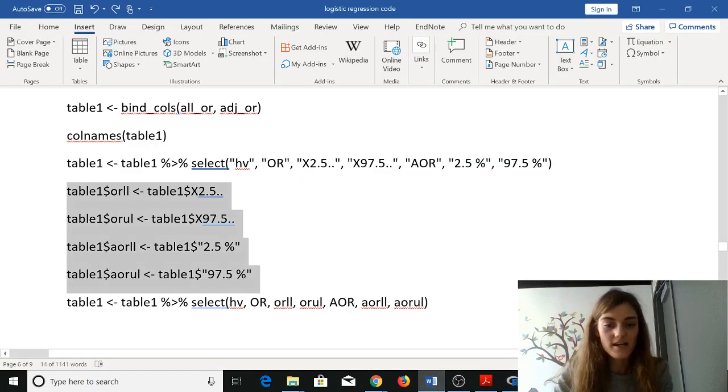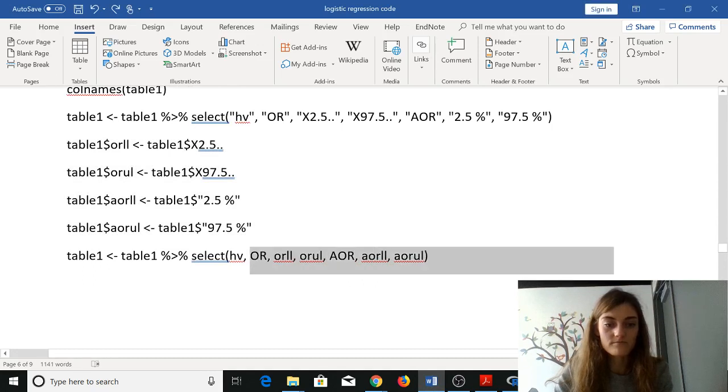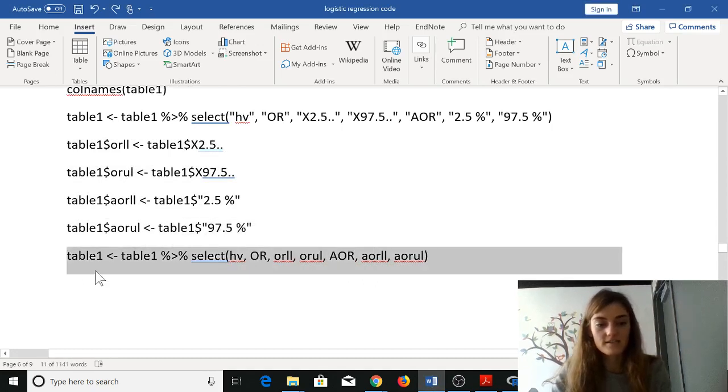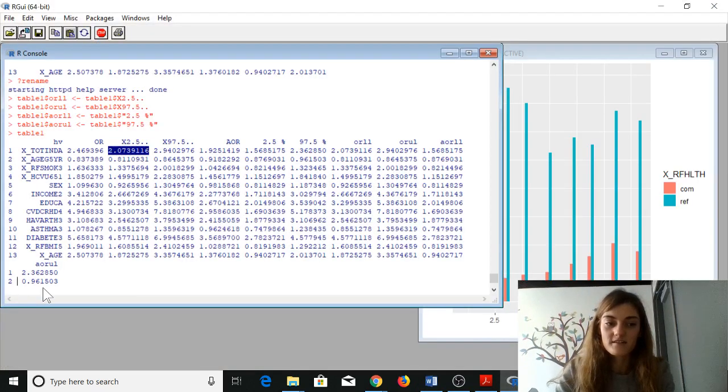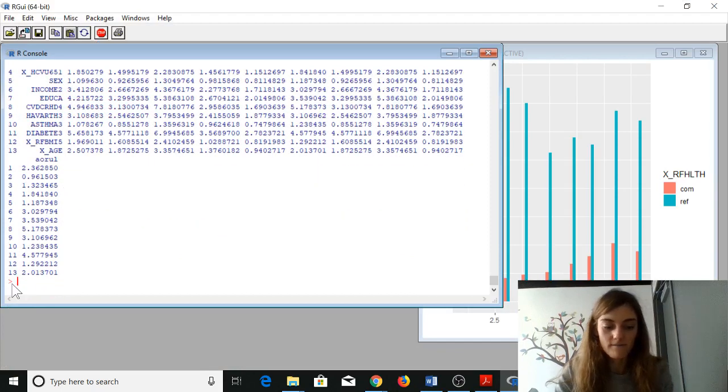So we're just going to select the columns that we want to keep by using this select function. So we want to keep health variable, odds ratio lower limit, odds ratio upper limit, adjusted odds ratio lower limit, adjusted odds ratio upper limit. So now when we run that,